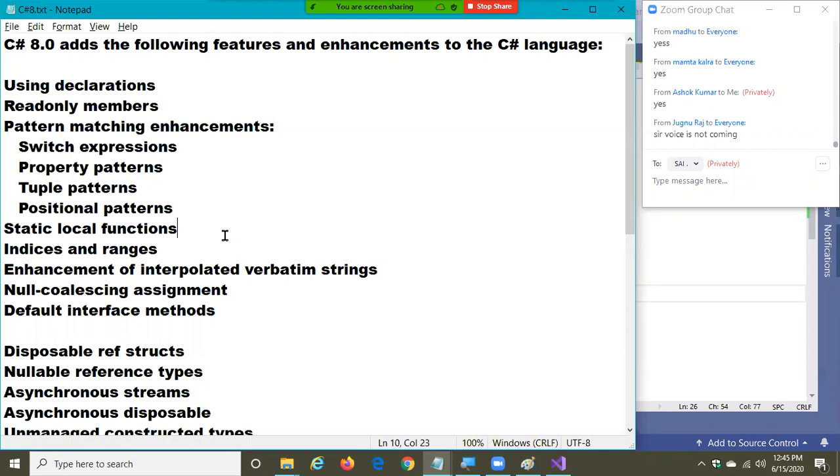Microsoft did not clearly mention the reason for the need of a static local function. But I can just tell you how to define it. So I just showed you how to define a static local, and as per my knowledge, I did not find any special advantage. I hope I'm clear.